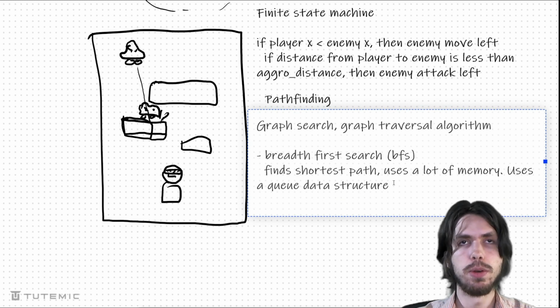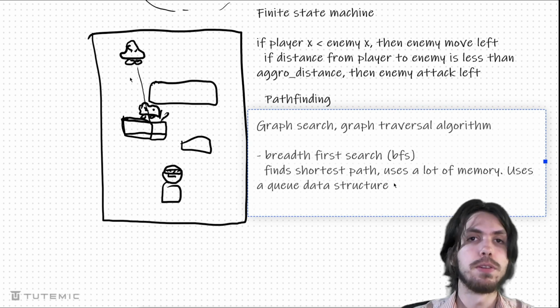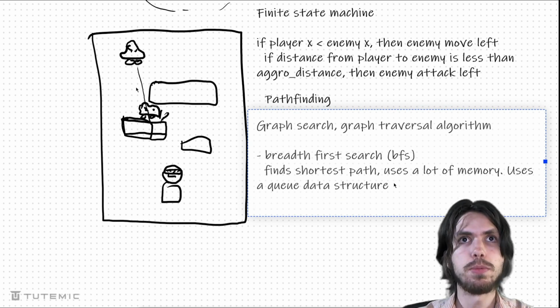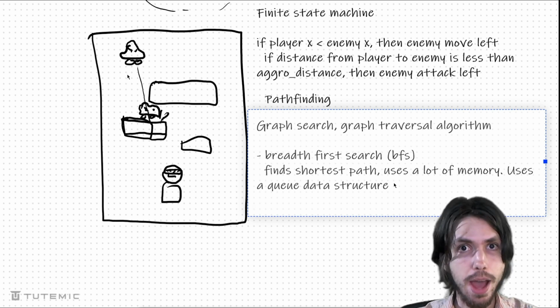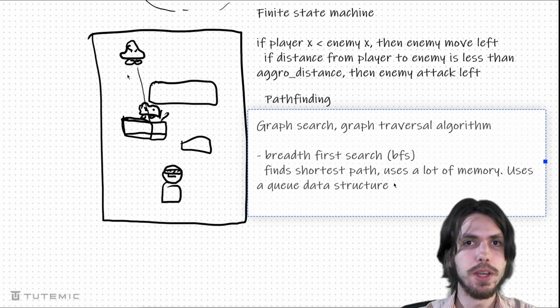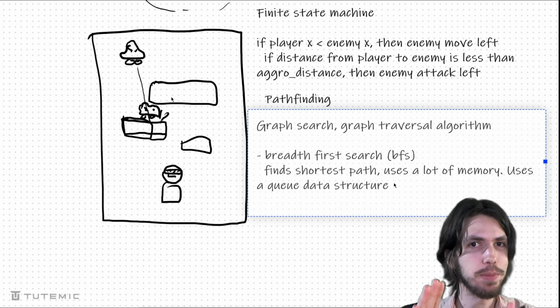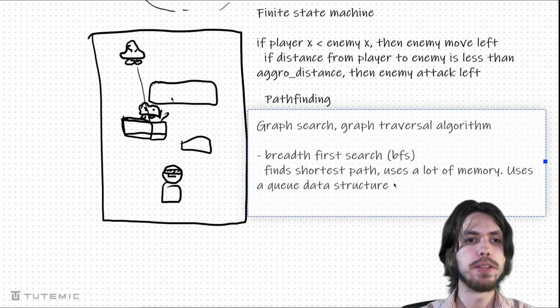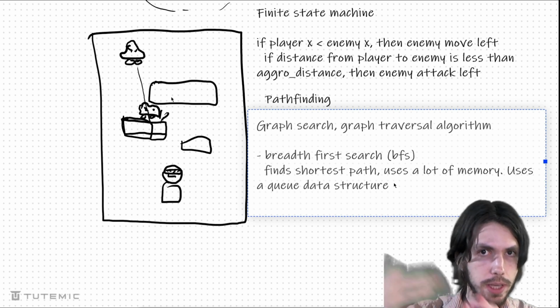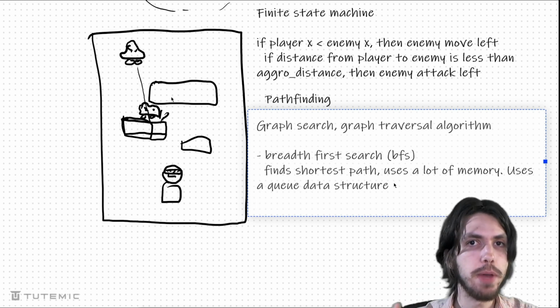But effectively what it's doing is it's coming down here and it's finding a path. But in order for it to be able to find the path, it has to figure out essentially all of the paths and figure out which one's the shortest. That can take a lot of memory because it has to remember all of these different things. Again, I'm not going to explain exactly how it's doing it, but it's going through each step and figuring out what is the best path.